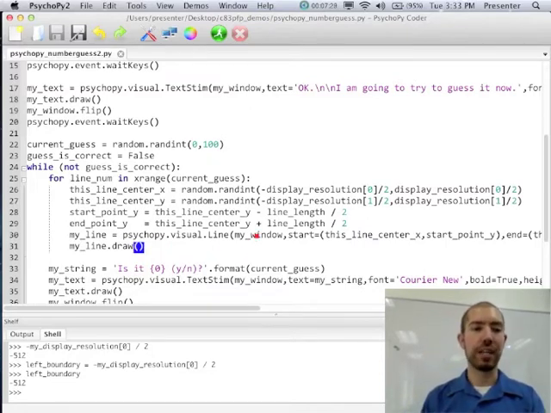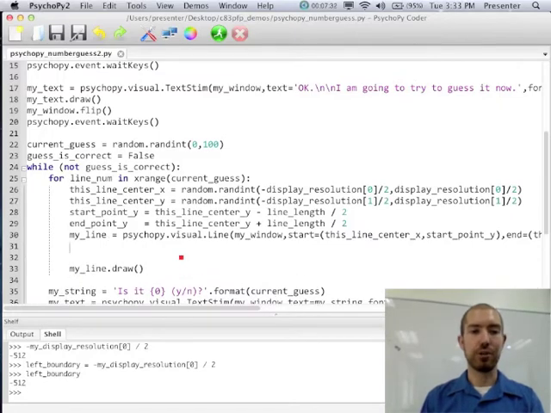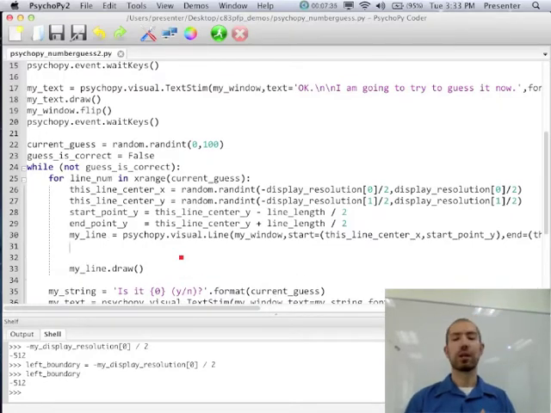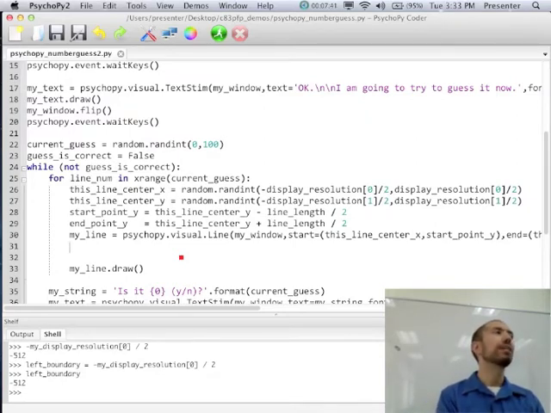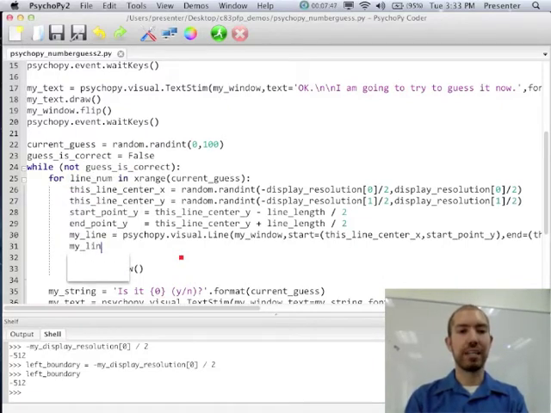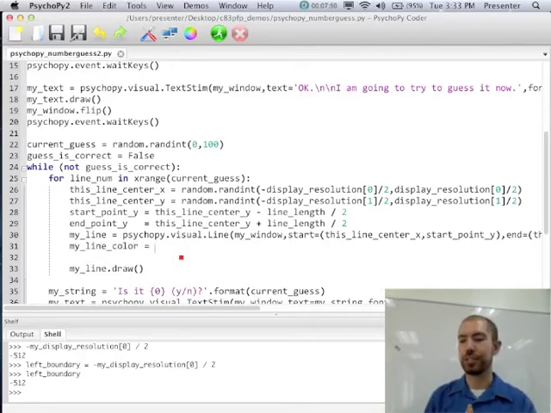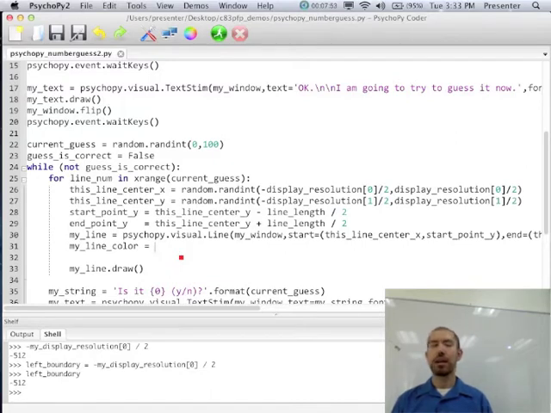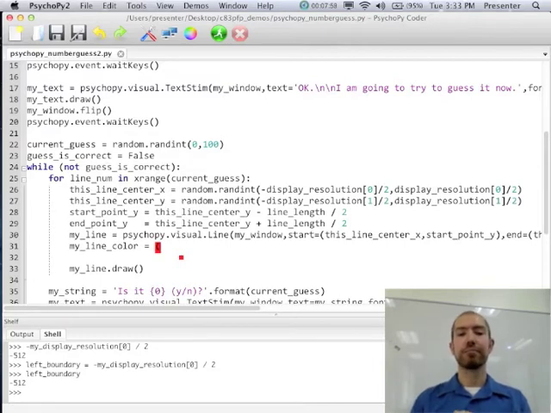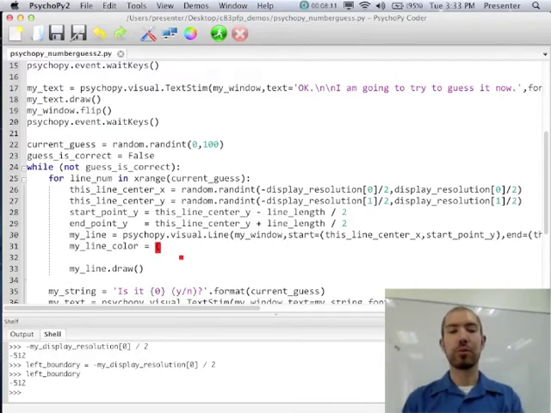All right, so before we draw the line, let's insert a couple new lines of code. Let's spice things up by picking a random color for each line, okay? So before we draw the line, let's make a new variable called myLineColor, with or without the U, whichever you like. And again, I'm hiding some stuff from you because we haven't gotten to it yet. But this is going to be 3 elements enclosed in parentheses or brackets. So it's going to be a red, green, and blue, but we're going to package them all together in a kind of triplet variable with all 3 packed into the same variable.